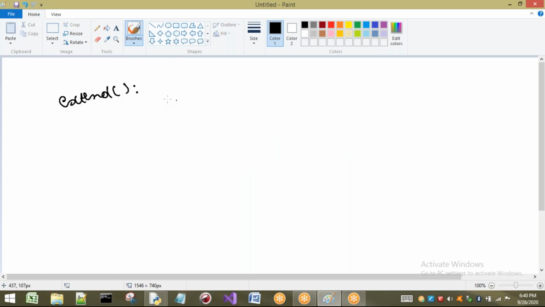Okay, before going to tell an example for this one, I will take a small example. Here one block is there, for example. I want to extend this one. That means you are going to add something. Extending is nothing but adding some more. In the same way here also, the extend method is going to add all the elements.